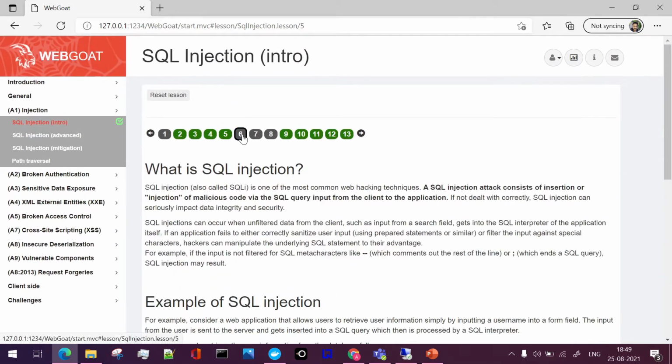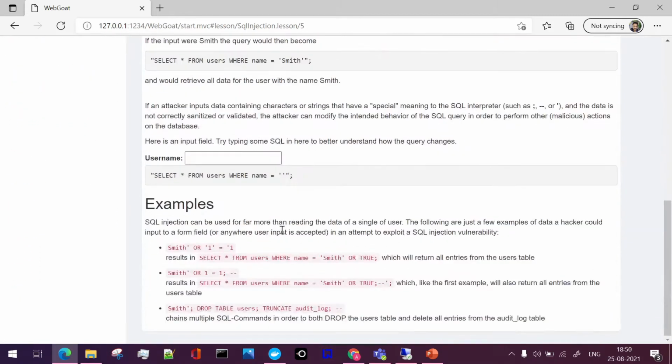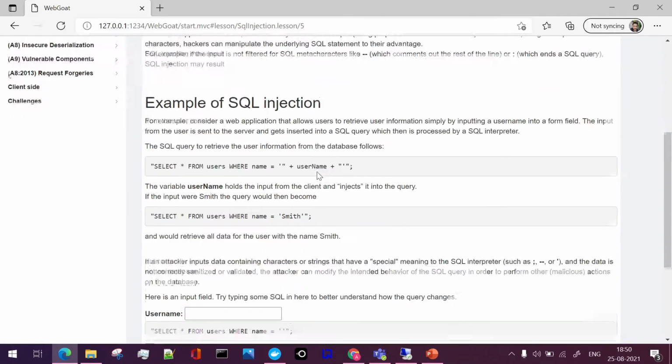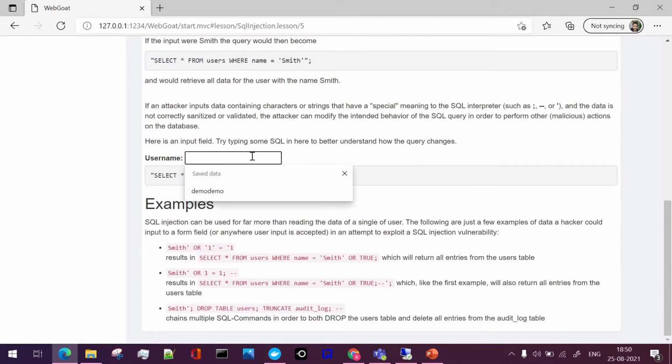Once that is done, if we move on to SQL injection, again SQL injection is explained properly. If I write any text here, suppose I just say ABC, we can see how this text will be present in the code and how the queries will actually be fired. It will be select star from users where name is equal to ABC. Any name we pass will be present here. If it is XYZ, that will also be present here. This is the way the query actually reaches the database.